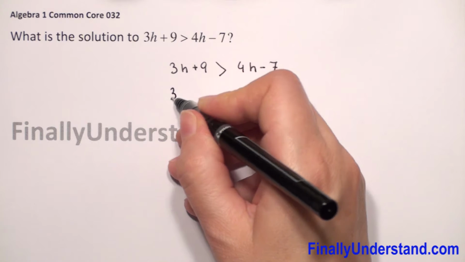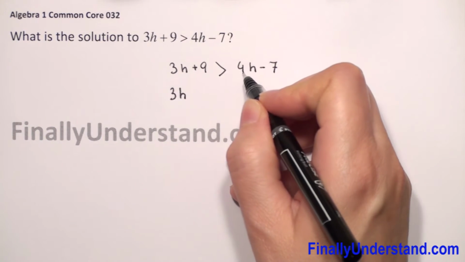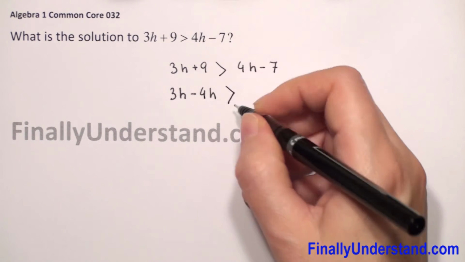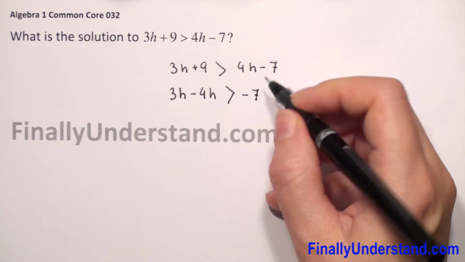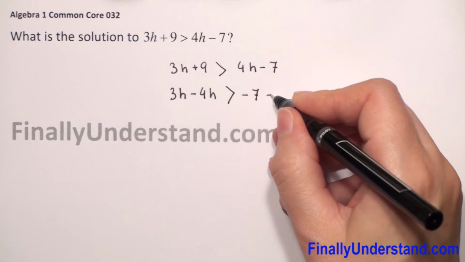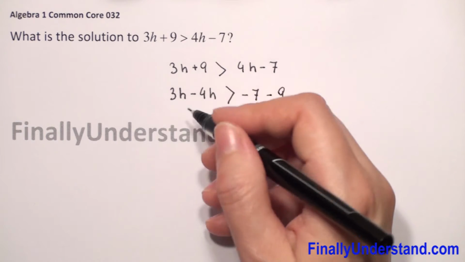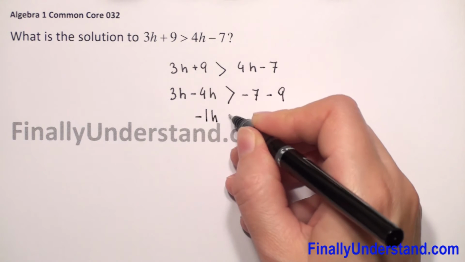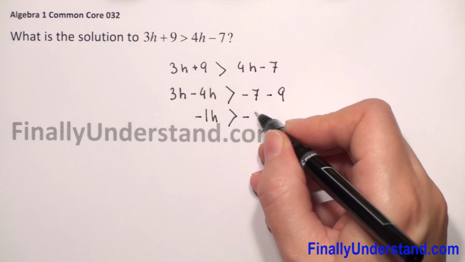So 3h stays on the left side. 4h we move to the right. It is positive, so now it will be negative 4h. We copy the sign of inequality, and negative 7 we have to rewrite, and 9 from the left side we move to the right. It was positive, so now it will be negative 9. So 3h minus 4h is negative 1h is greater than negative 7 and negative 9, so this is negative